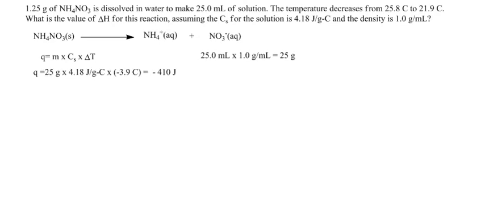If we look at that calculation, we see that the change in heat of the water that we're measuring is negative 410 joules. Now we want to convert that to delta H, so we're going to have to get that in terms of joules per mole. So remember, this came from 1.25 grams of the ammonium nitrate. So for 1.25 grams,